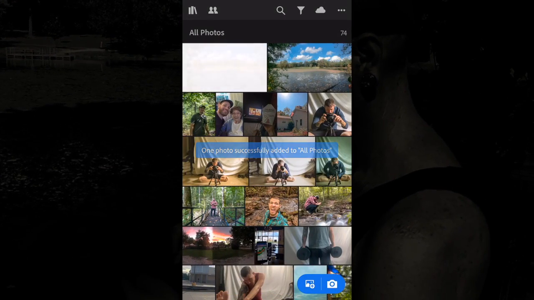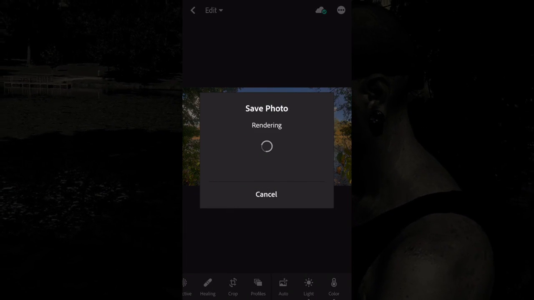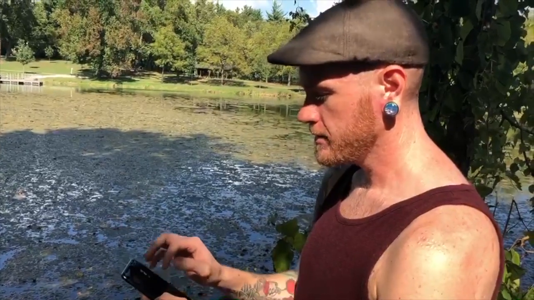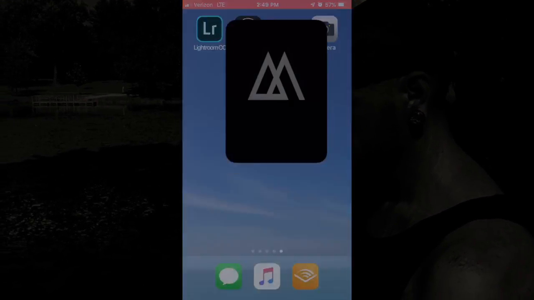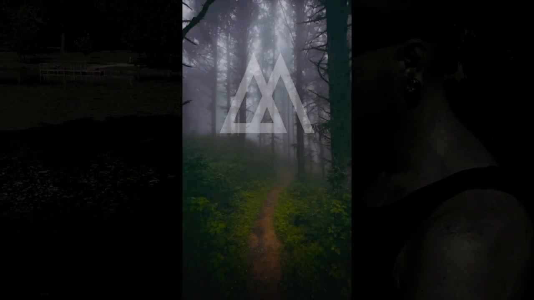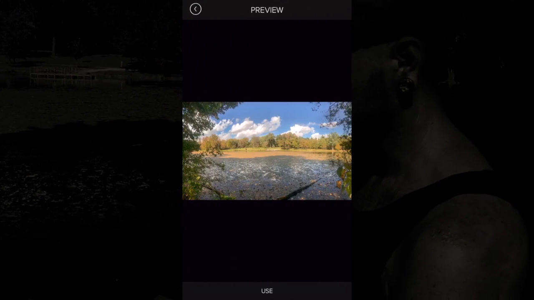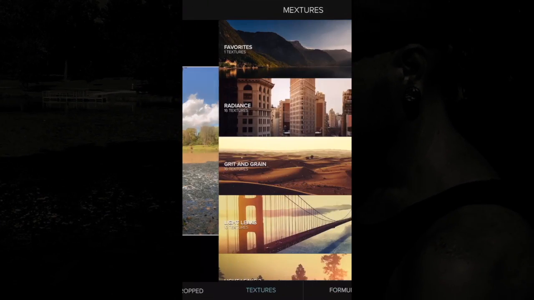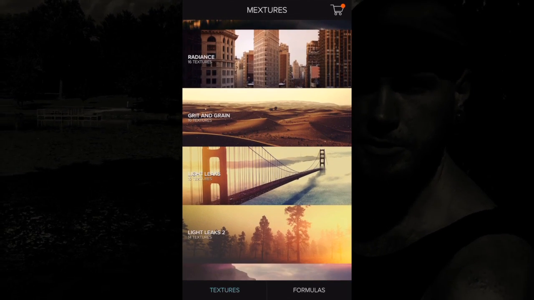I'm going to go ahead and save it real quick, and that'll save to the camera roll. All right, and then I've also got two other apps that I use. Well, this one is another free app. It's called Mixtures. You'll load that photo back up through here. I tap use, tap uncrop because I want the original, and then through here you're able to use different filters,